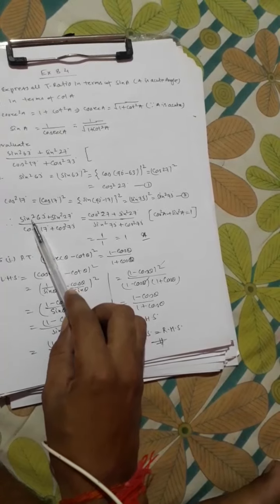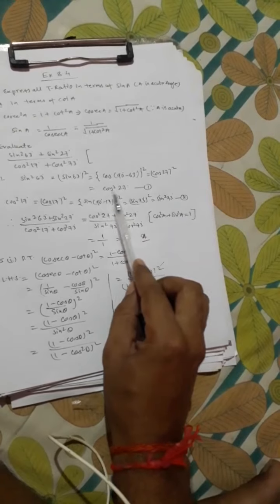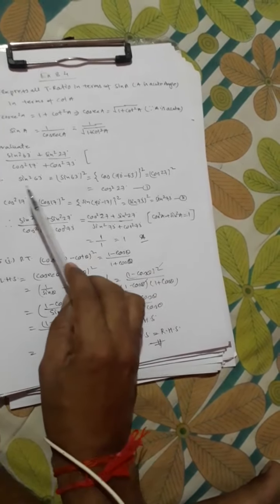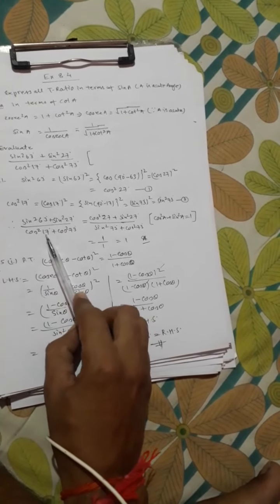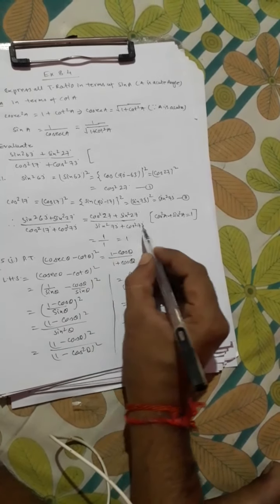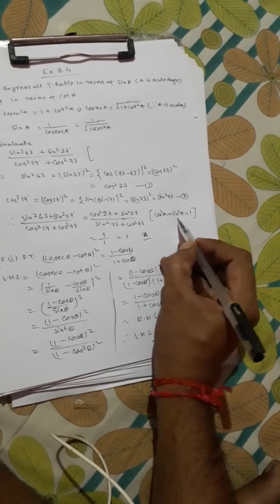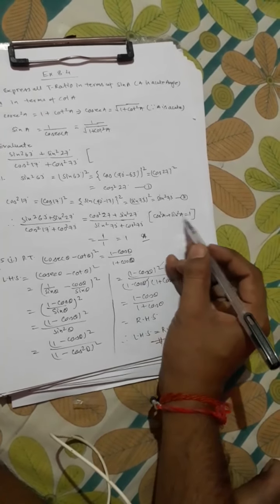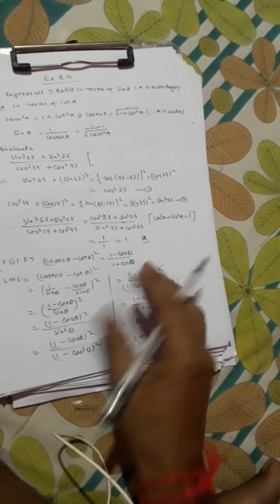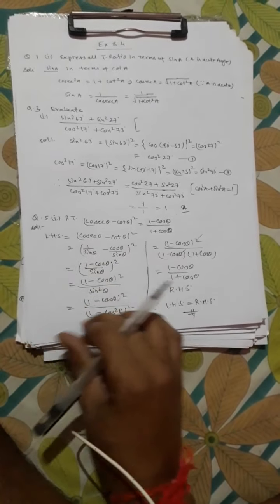Now we can change from these two, the numerator and denominator, any one expression. Here sin square 63 degree we have converted to cos square 27 degree. So cos square 27 plus sin square 27, and similarly in the denominator cos square 17 converted, so sin square 73 plus cos square 73 degree. We know that cos square theta plus sin square theta equals 1, so 1 upon 1 we have 1. This is the answer.